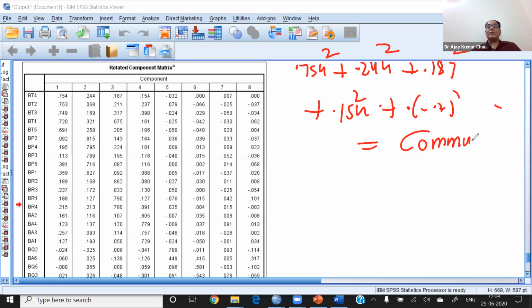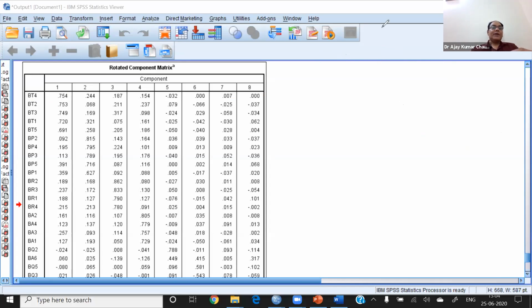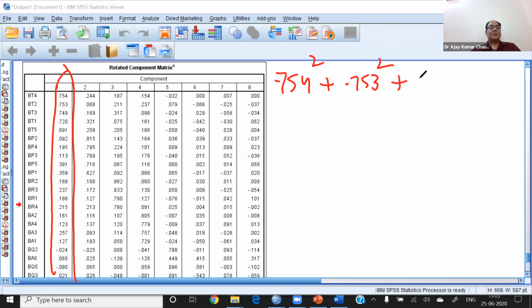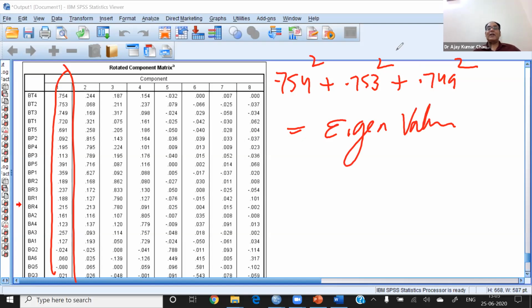And similarly, if I do it in the vertical form, like 0.74 square plus 0.753 square plus 0.749 square, so I am doing it vertically, the answer will be the eigenvalue. So we can calculate eigenvalue and communality from this table actually. Okay, so I hope you understand that. Now